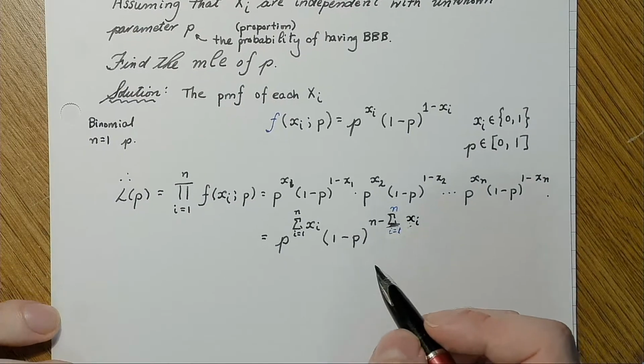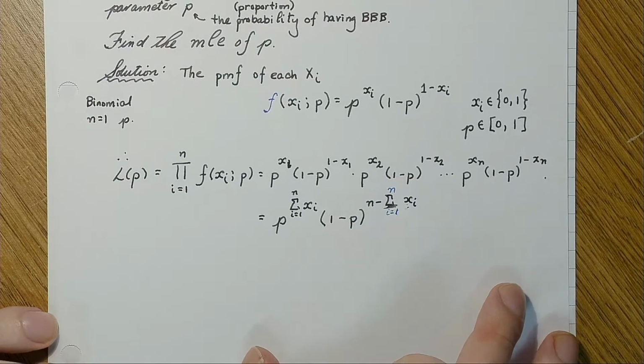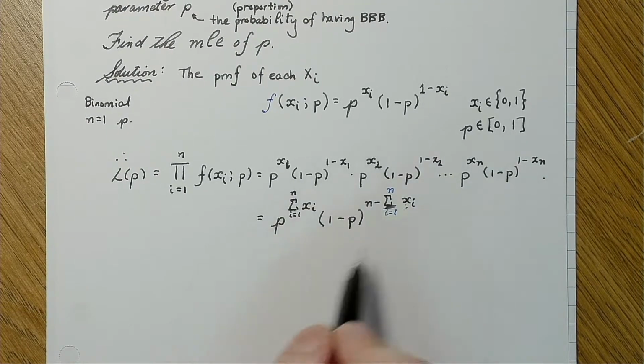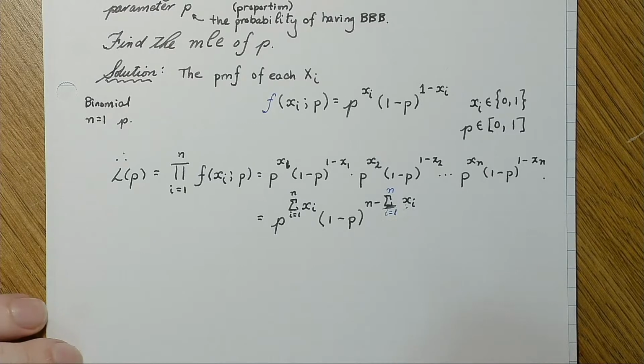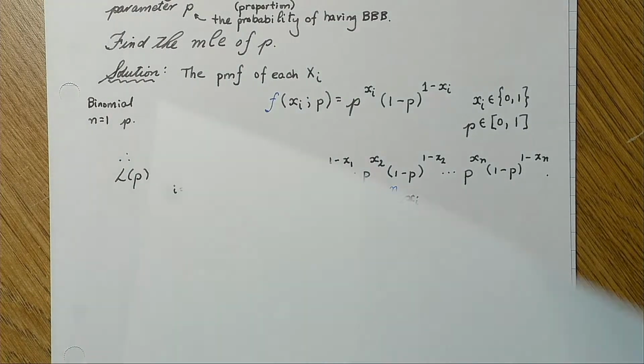Okay. Now, in order to implement the maximum likelihood method, what we need to do is find a P that maximizes this. So that's where we start thinking about calculus, and we need to maximize the function. We're going to need to differentiate the likelihood function with respect to P. And in doing so, we need to use a little trick that makes the differentiation a little easier. Just as a little side note,